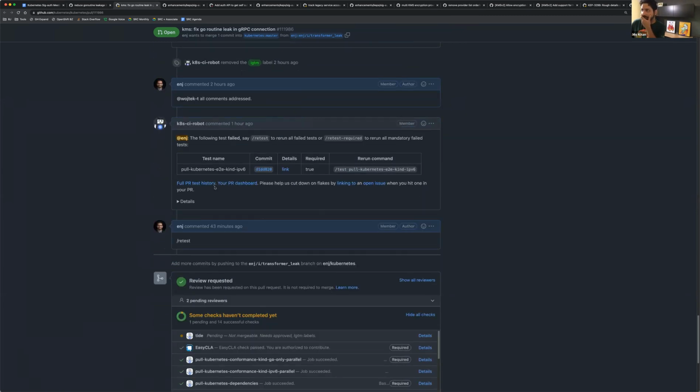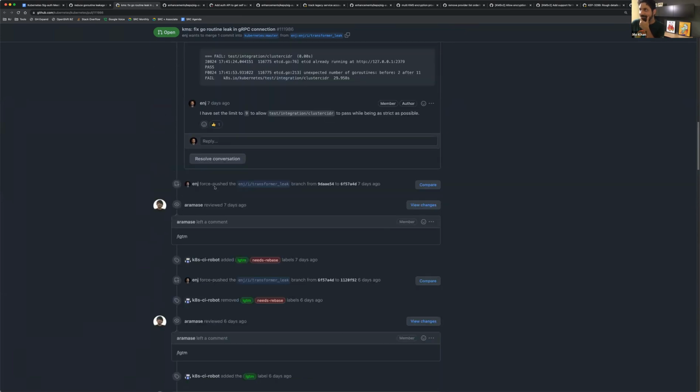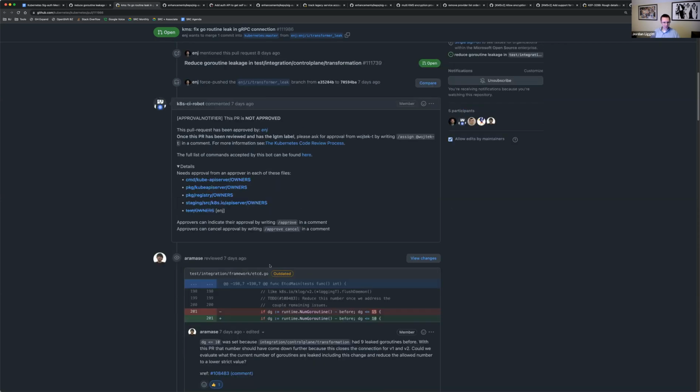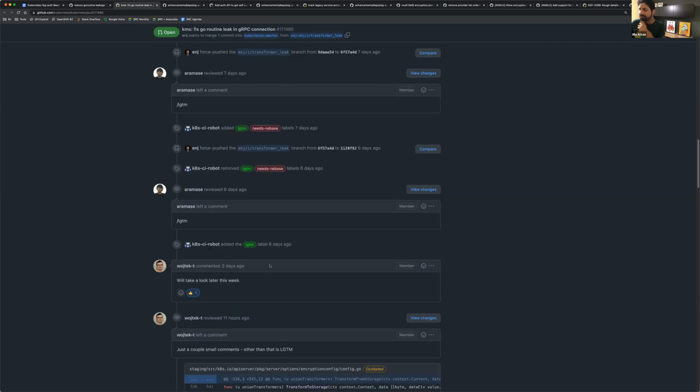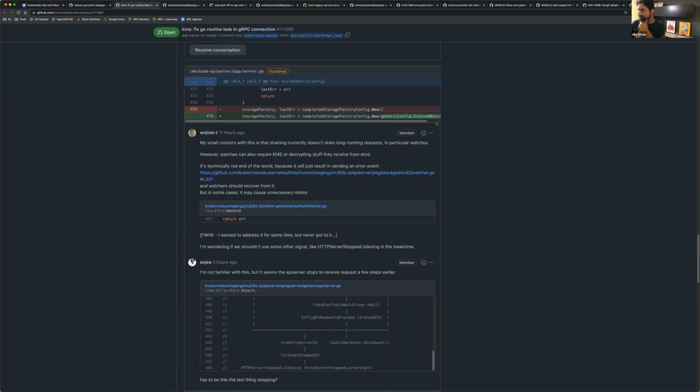I think I touched a bunch of APIs in the process. If Antonio's reviewing it, I would probably defer to his review. He did a ton of stuff around shutdown and cleanup and Go routine leakage, so I'm happy with his review if he has already looked at it. Yeah, Antonio had asked a question about a comment Wojtek had made about which drain or which channel I was using for cleanup, and